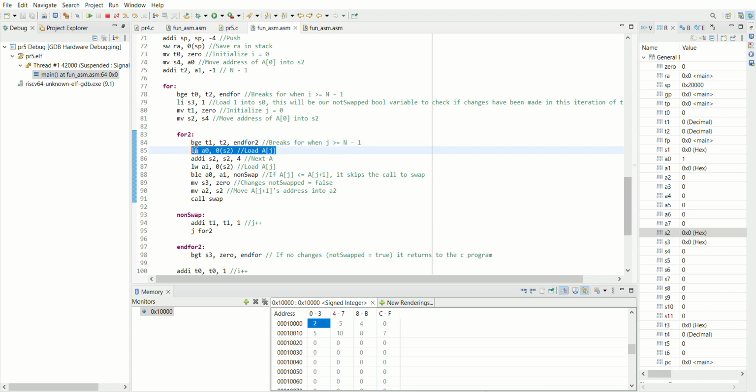We would load the first number of the array into A0. We would look for the memory address of the next number, A1 in this case, and then we would load it into our A1. Then we would have a condition which is that if the first number is smaller or equal than the second number, it skips the call to swap, and if not, it swaps the two numbers out of